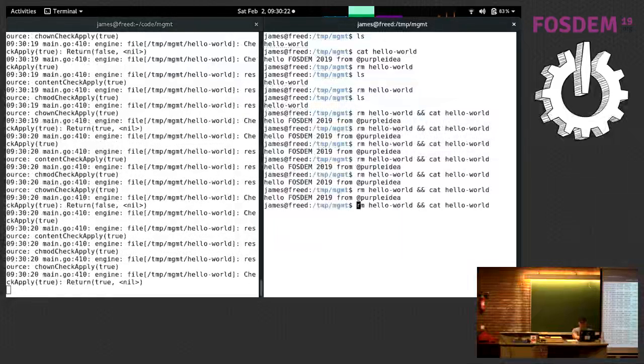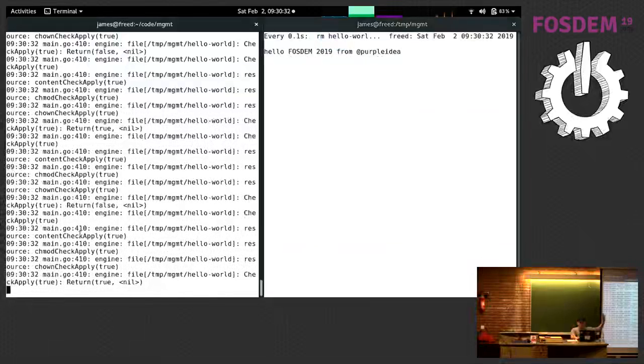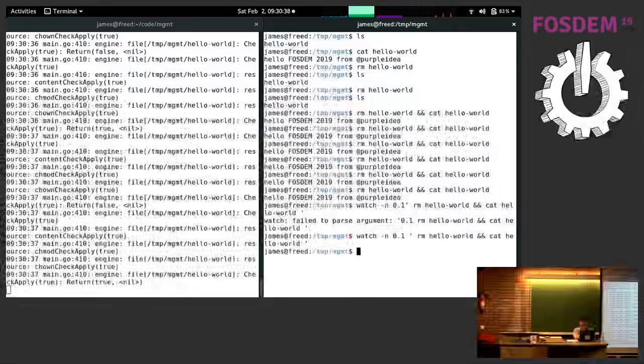In fact, it's even so fast, there's this watch command. So if I run 0.1, this will just run the command over and over again really, really fast. It'll run it really, really fast, and you can see it's constantly running it, and it just fixes the state of the file. This gets much more challenging when we have a whole DAG of dependencies, because at